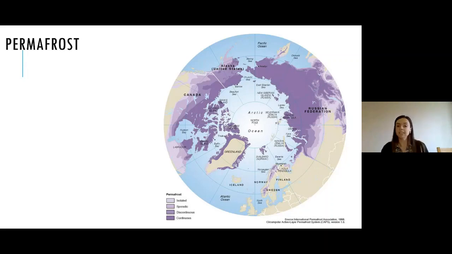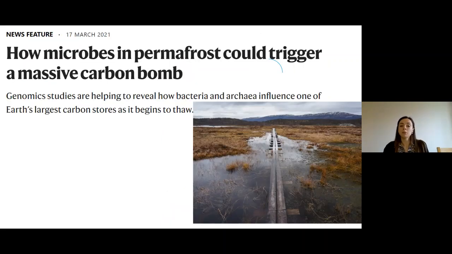This is an interesting article I found about permafrost melting. So how microbes in permafrost could trigger a massive carbon bomb. Okay, if you want to do extended reading, there are very interesting articles about it online. But what we are seeing now is methane is usually stored in wetlands, like we see here, for example, northern Russia. But due to permafrost melting and retreating to the higher latitudes, we are seeing more and more methane being